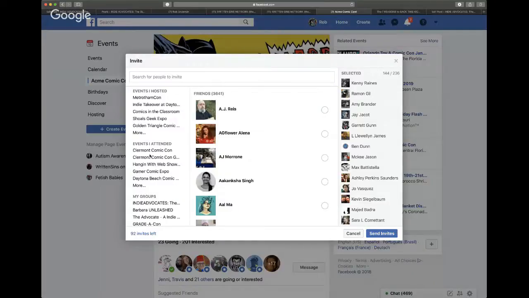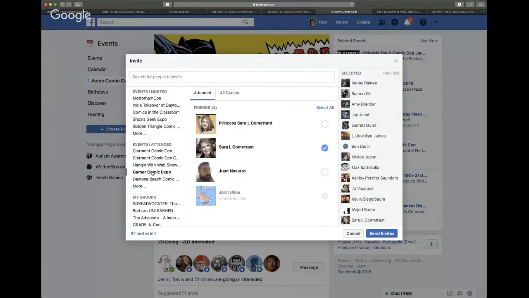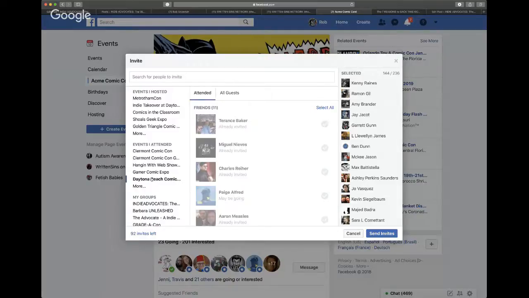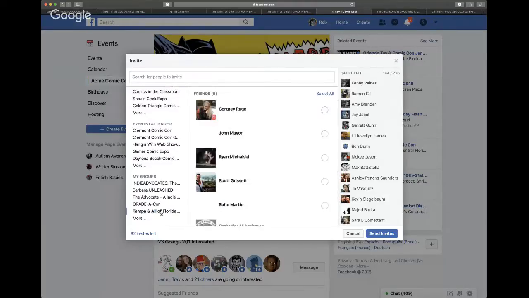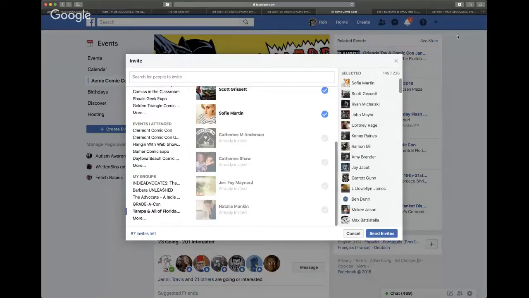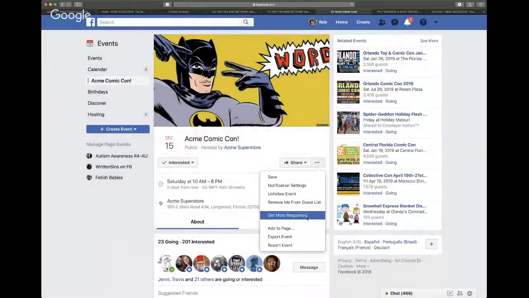But what I did is I came over to like the Claremont, and I invited all the people from Claremont, the Gamer Expo, like people I know who had been around certain events. And then, of course, Tampa and Florida. Here's a perfect one. These are all people who are part of a Tampa and Florida group. So there we go. I sent out a couple invites,